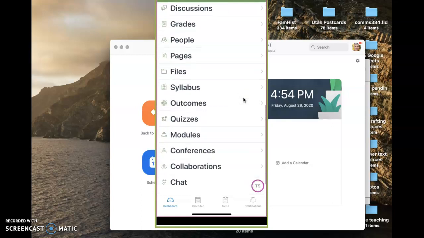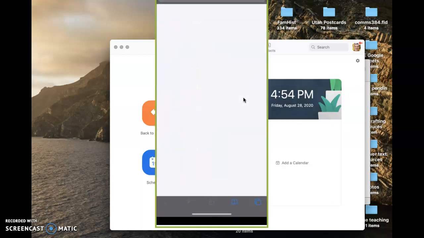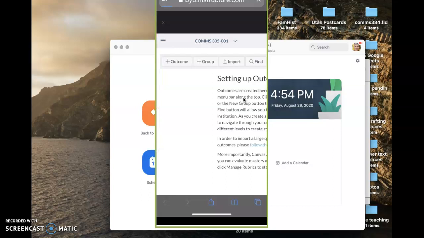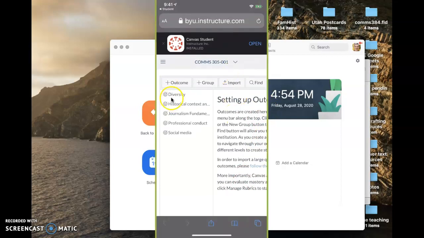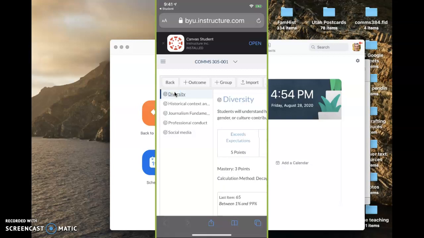Also, I would like you to look at the outcomes. This is going to take a second. Be prepared to work through these outcomes during our first class on Monday. Let me see if I can pull this down just a little bit. You'll want to go through and click these, diversity, and read through these and be able to reflect a little bit on those. All right, let's go back